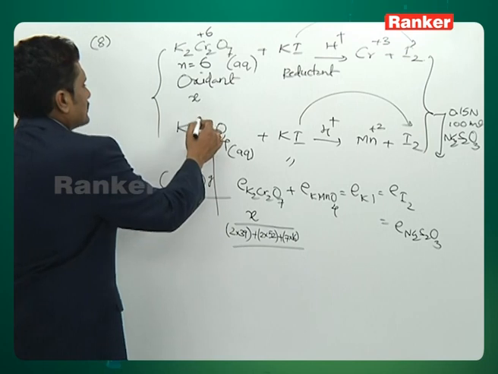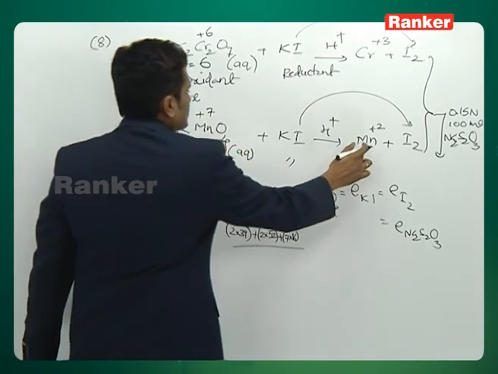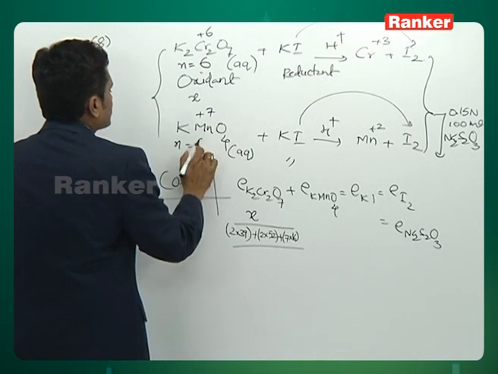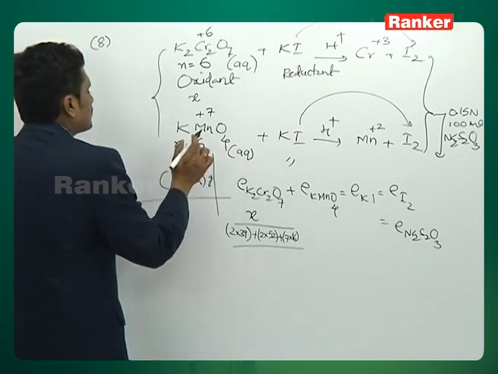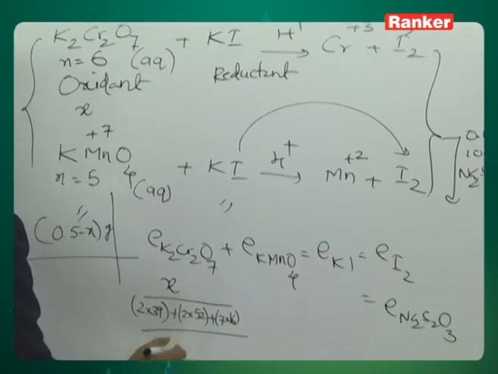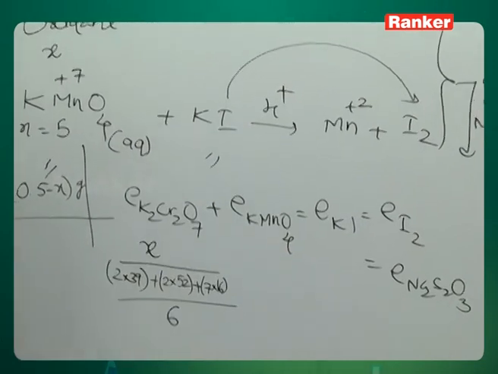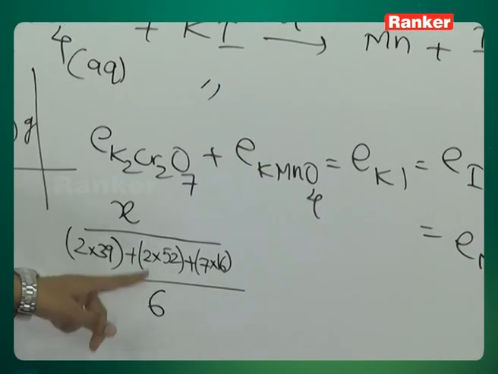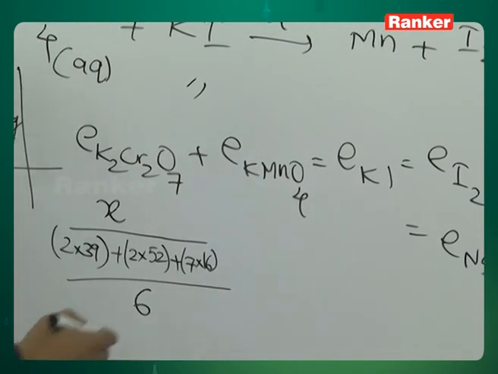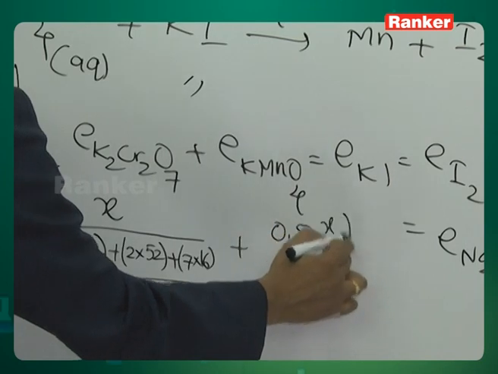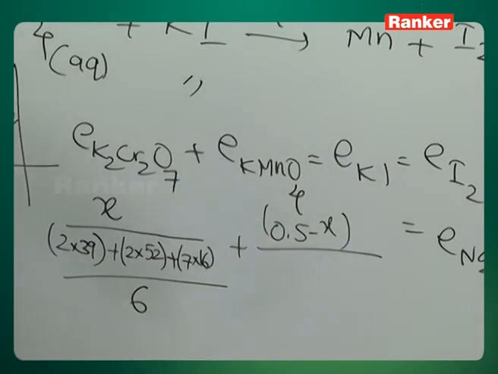And manganese is changing its oxidation state from +7 to +2, and n factor is turning out to be 5 as well. The change in oxidation state in this case is 5. So when I divide the molecular weight with the n factor of potassium dichromate, I get the gram equivalent, weight divided by equivalent weight, plus weight of this, 0.5 minus x, divided by equivalent weight of this